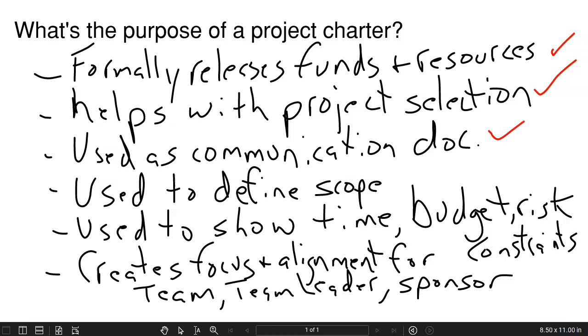Can be used to define scope, what it is that will be worked on, and out of scope is just as important. What it is that we won't be working on. Quite often, it's used to communicate or show the amount of time that we can expect, what the schedule is, the cost or what the budget is, the risks associated with this endeavor, the constraints that the organization has associated